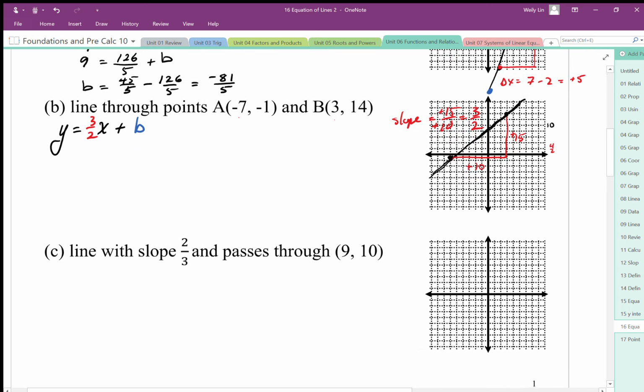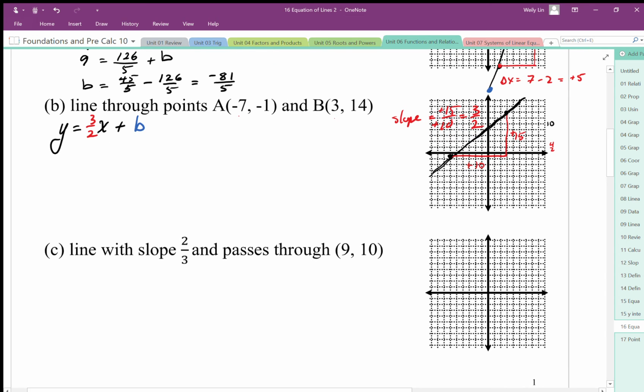Okay, so finding out the b value, what we can do again is anytime we have x and y coordinate pairs, we can always substitute it into our x and y in our equation. So I'm going to go ahead and do that. And this can be done in any situation. Okay, and in this situation, it happens to help us solve for b because it leaves us just with b